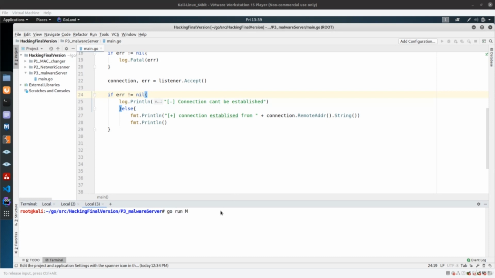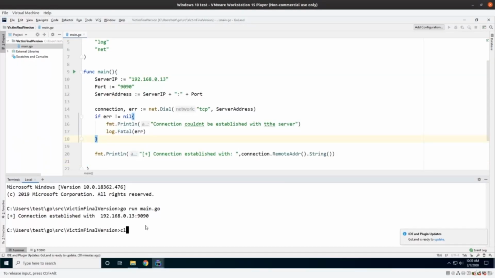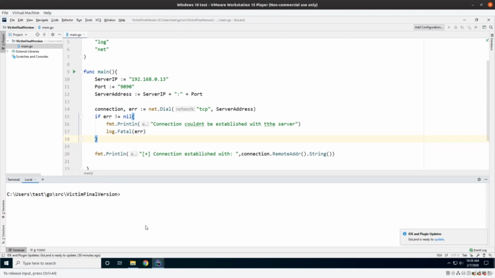Go run vim.go. As you can see, the cursor is blinking, which means that it's waiting for incoming connections. Now let's go to the Windows system. Let's clear this out, and now I'm going to run this program, and it will try to connect with the server. Now as you can see, the cursor is blinking, and after some time it says connection established with